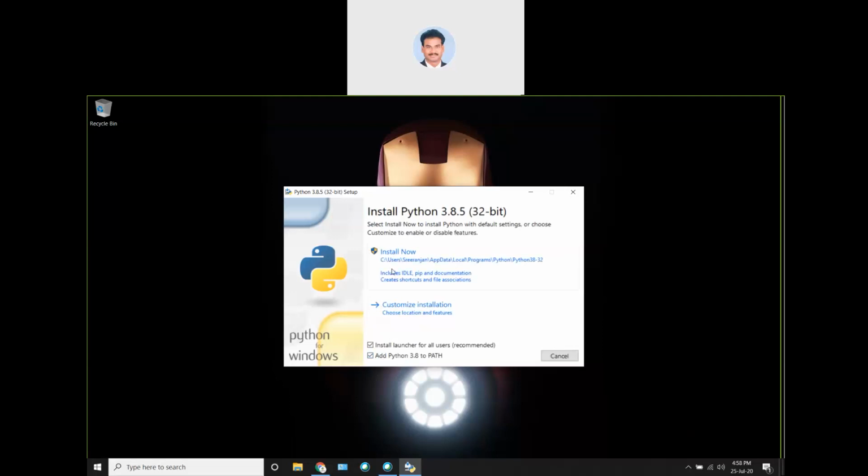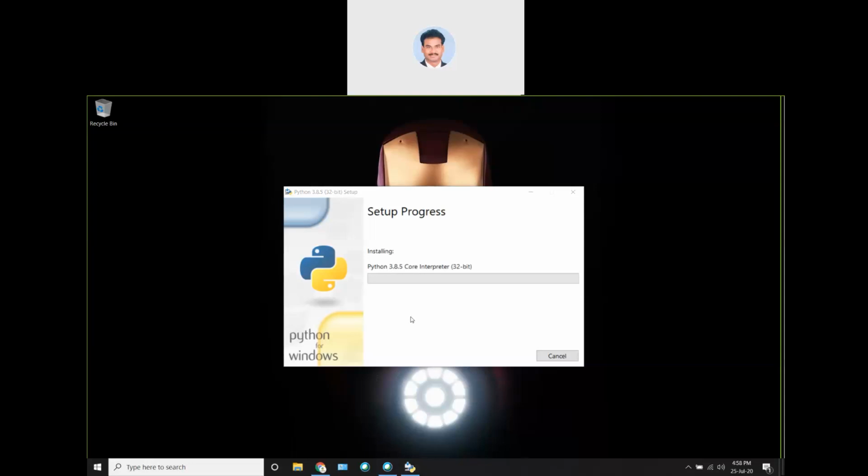The reason we are clicking on that is so we can open Python anywhere in the system, any folder, any drive. It will work everywhere, even with external drives and pen drives. Click on install, and it will be installing. This is the sequence: first we need to install Python, after that PyCharm.